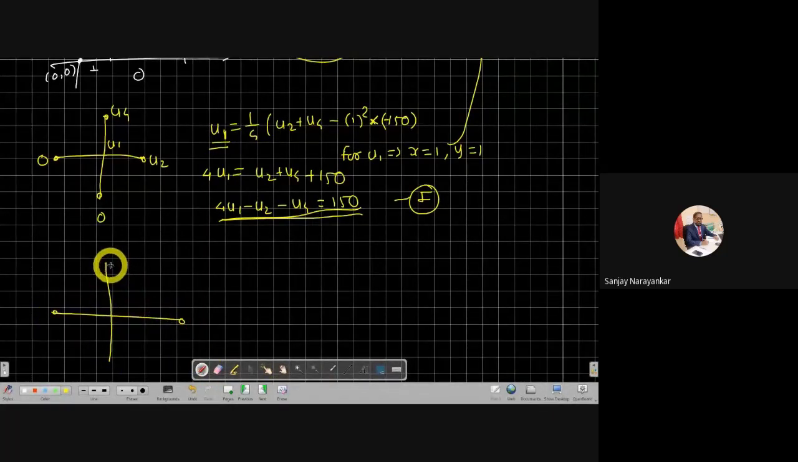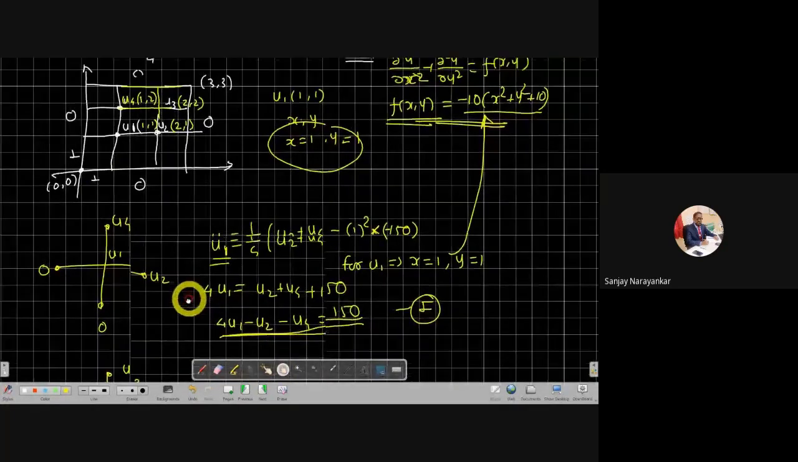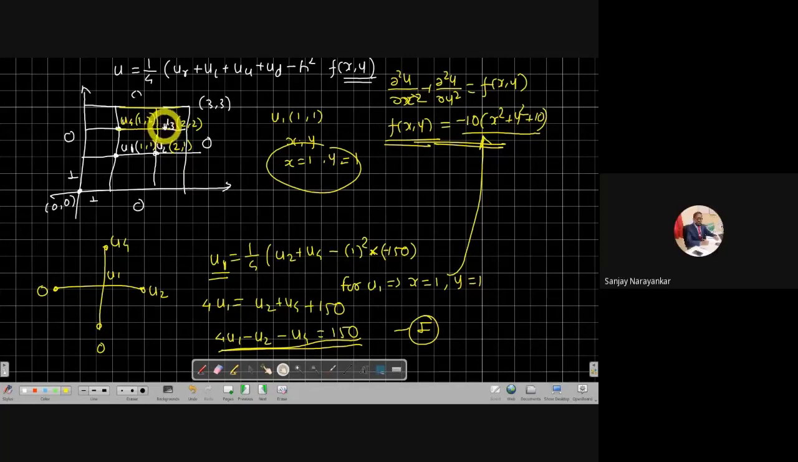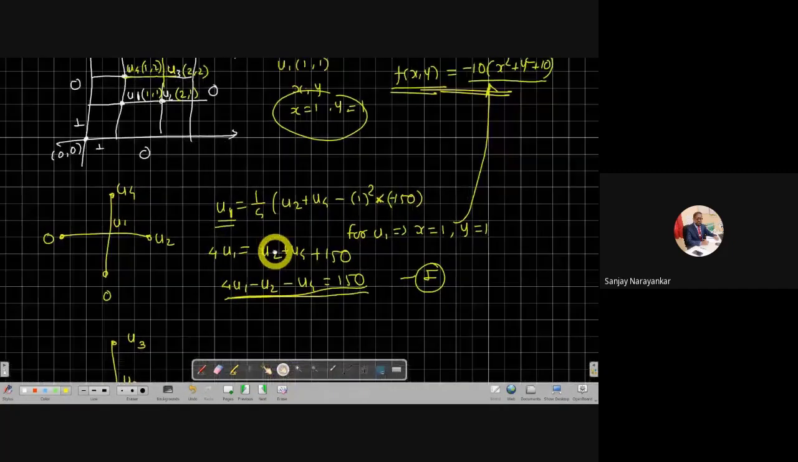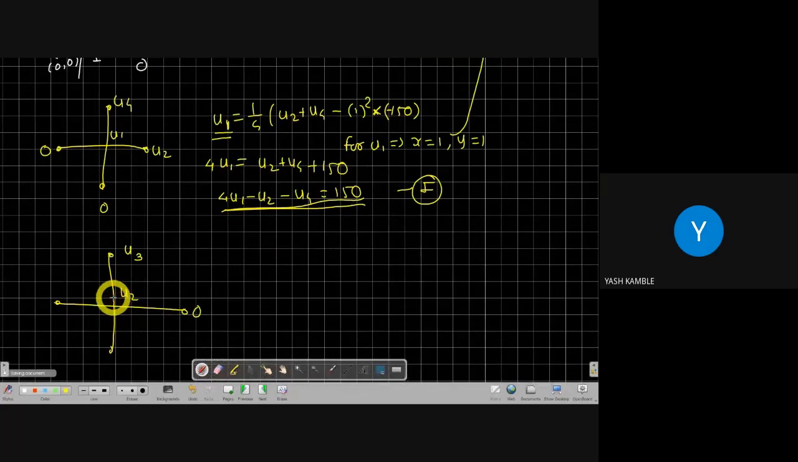So let us write for u2. Tell me students, u2 here what? 0, 0. u3. Yes, for u2, so u2, 0, 0. Here u3 is there, right? Yes sir. Is it u3? u3, u1, and this is 0, 0, 0. Right? This is u2 is equal to 1 by 4,